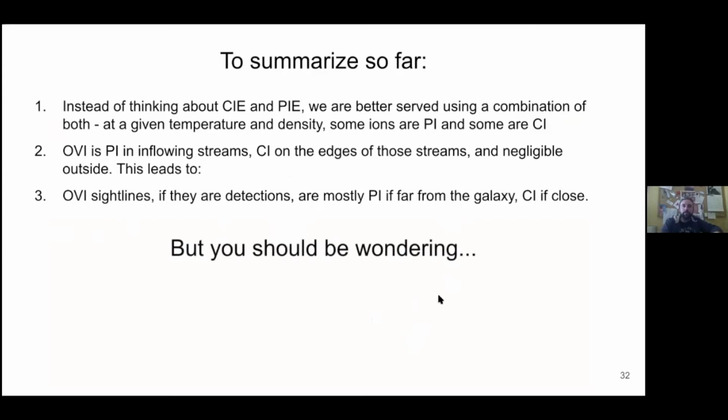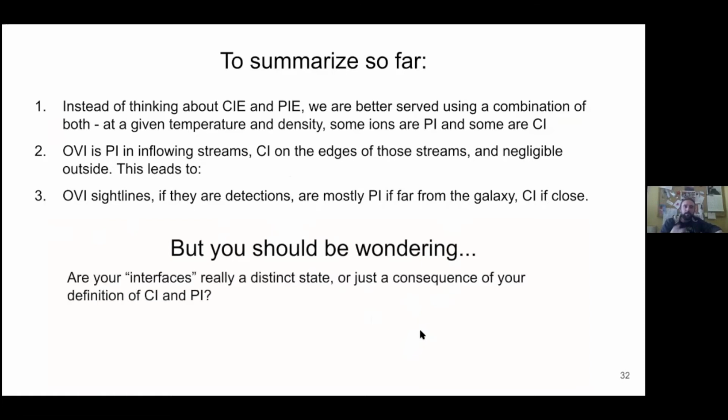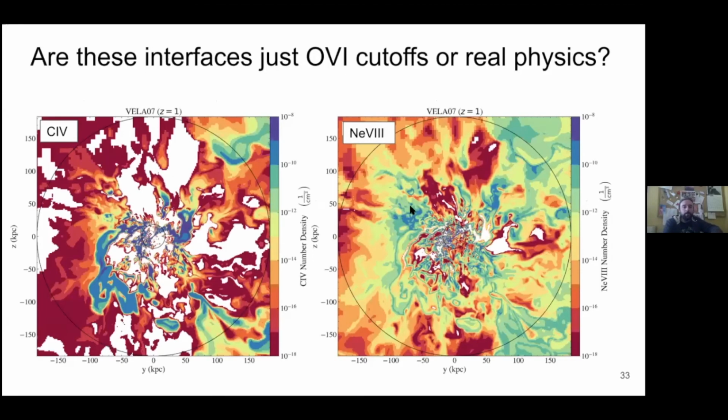But there's one thing that you probably should be thinking about as I'm talking about this, which is: are these interfaces a real thing? Are they a real distinct state, even in the simulation, or are they just a consequence of my definition? What I mean is, if I give you a cutoff and say above the cutoff is this, below the cutoff is this, and I give you a function that smoothly varies from one to the other, you'll get that half of it is collisional or whatever, but it won't mean anything because it's just smoothly transitioning. So to talk about these interfaces without the framework of oxygen 6 and this CI-PI cutoff,